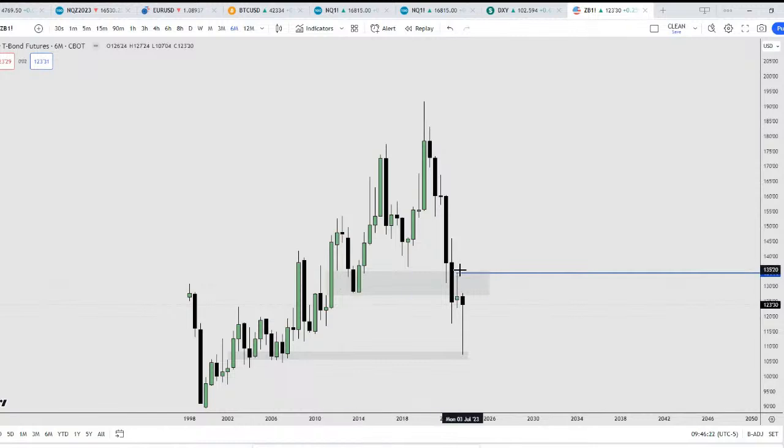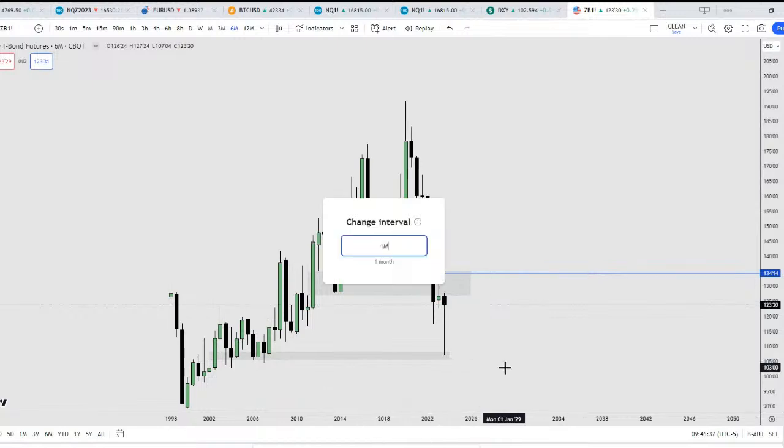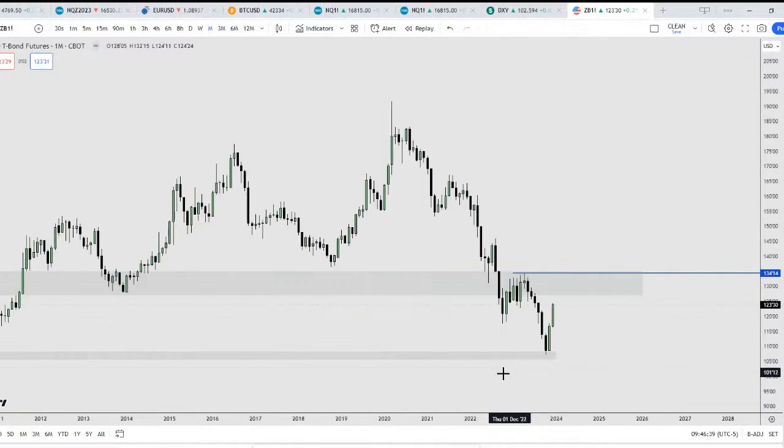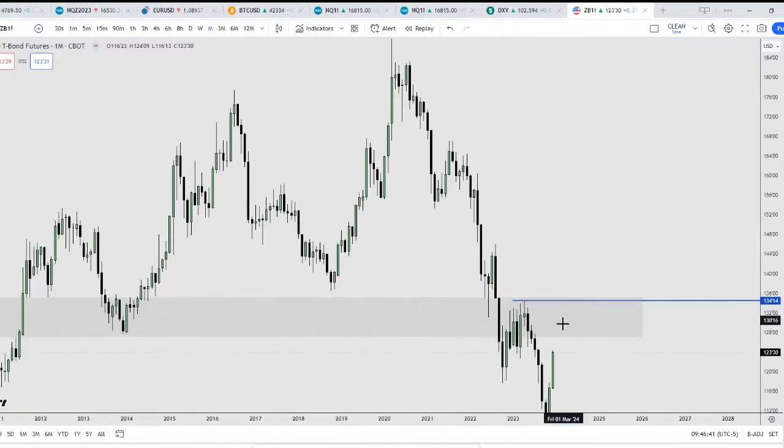All right, and if you take a look at the yearly highs, it's right within this BPR as well, or inversion fair value gap, right? So for bonds, if you take a look at the monthly chart with the higher time frame levels marked,